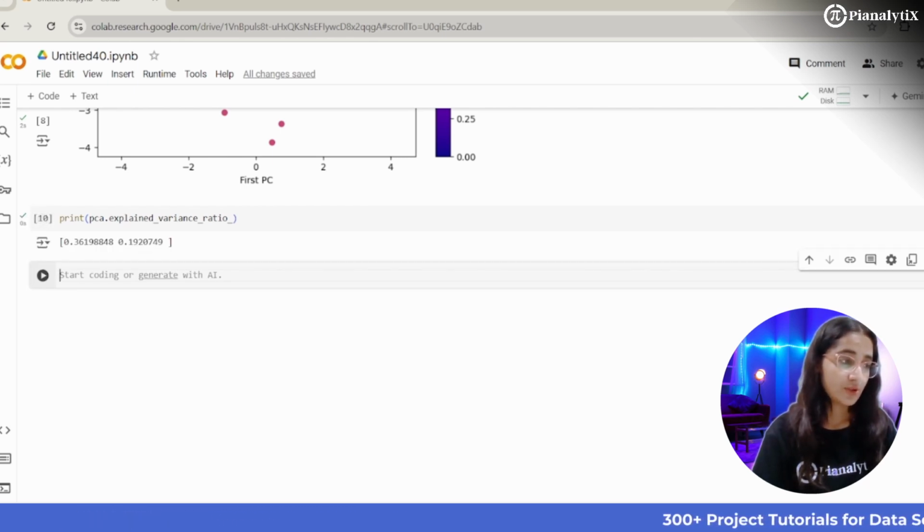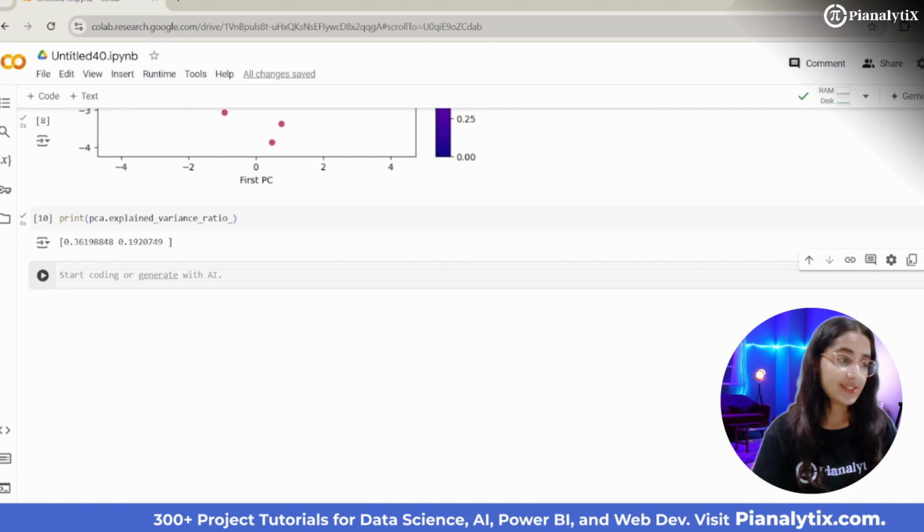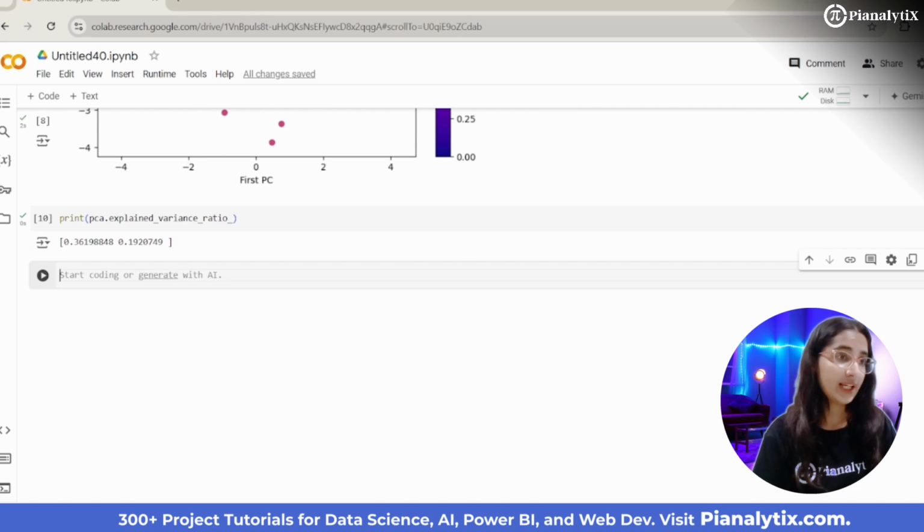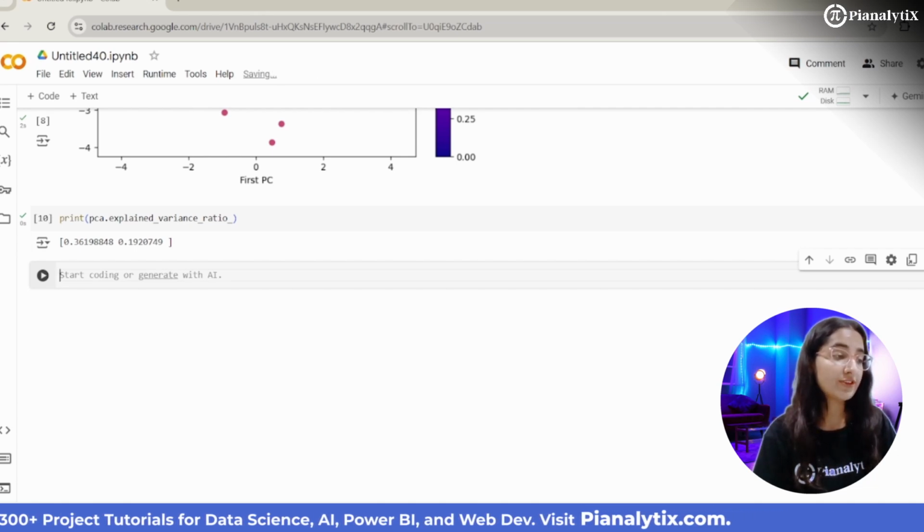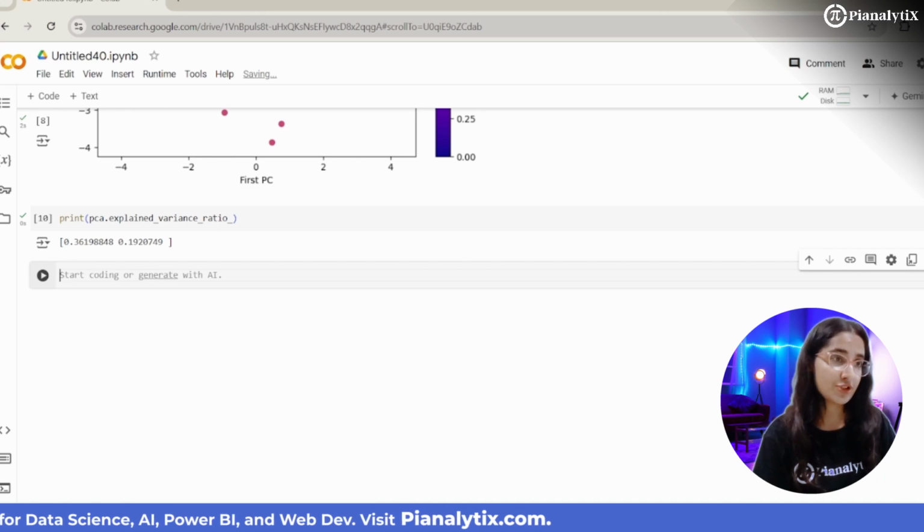Okay, so here you can see our first PC1 represents 36% of total variance and the second represents 19%, 19.2% to be precise, which will give us a total of 55.4%, meaning over half of the original dataset is preserved even after reducing it into two dimensions.